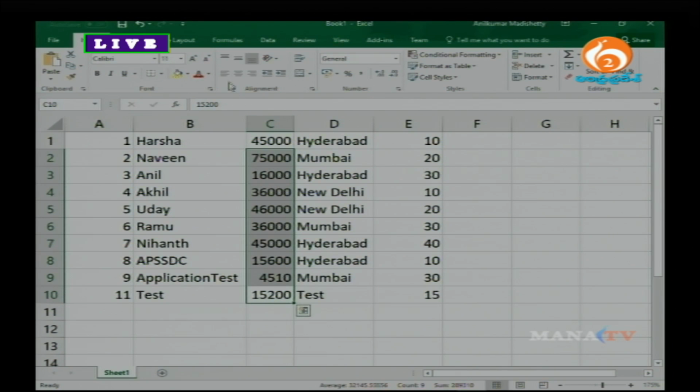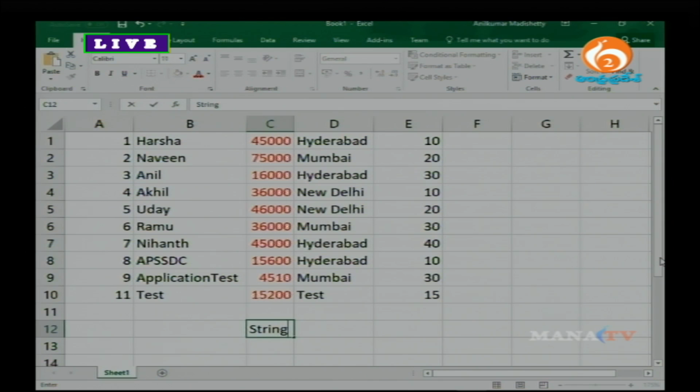value, all are in integer format, nothing but basically everything is in integer format. But what I want to do is, I want to make sure that the values of this column are shown in a string format. Alright. So someone has requested that the value of this particular column has to be displayed in string. Alright. So how to make sure that the value of a respective column is displayed